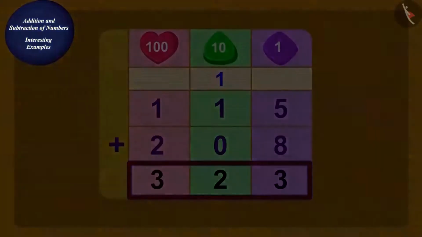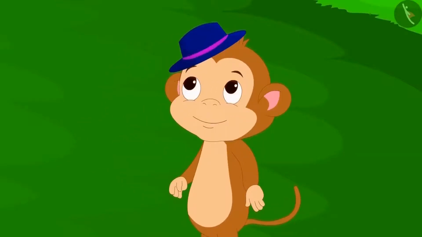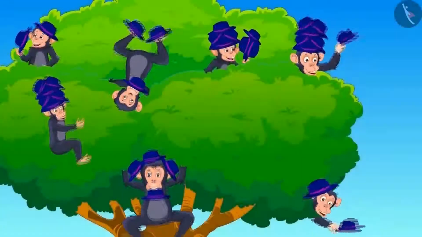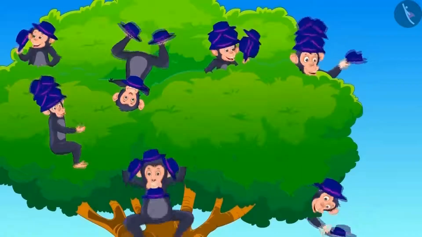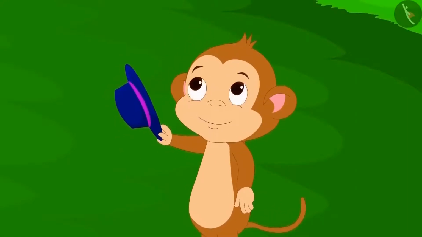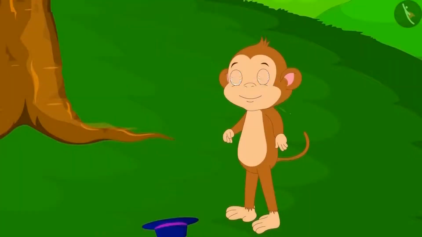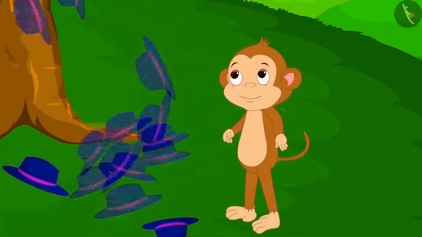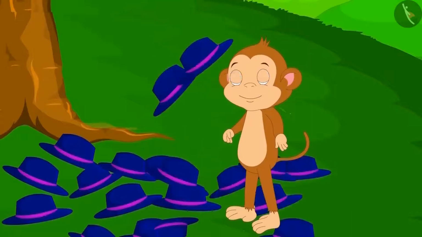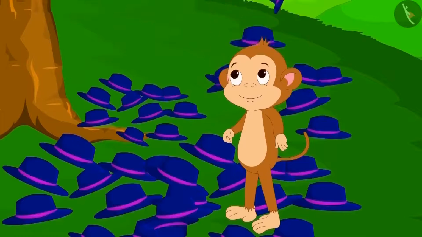Babban now put his plan into action. He knew that the monkeys would surely imitate whatever he does. So he took off his hat and threw it on the ground. Babban's plan worked. Whatever he thought, it happened. Seeing Babban throwing his hat on the ground, the monkeys also threw their hats on the ground.